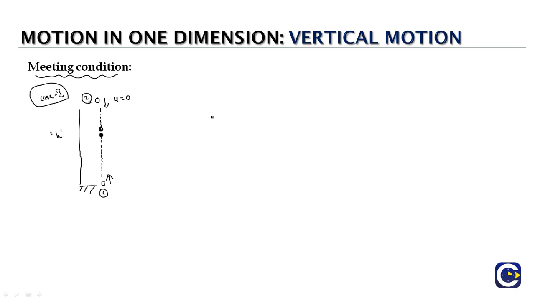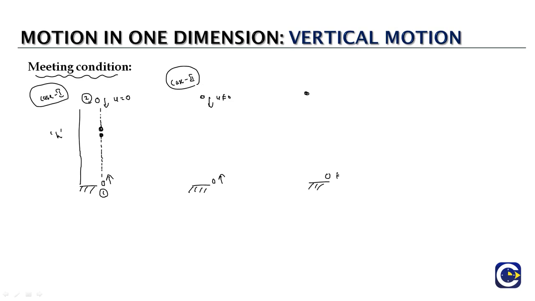The second case will be, we throw an object upwards from the surface of the earth. The second object will also be thrown downwards, which means it has some initial velocity in the downward direction. In this case also they both will be meeting at some point, and we can find out the time at which they will meet and even the position where they will be meeting. This is case 2. The case 3 will be,